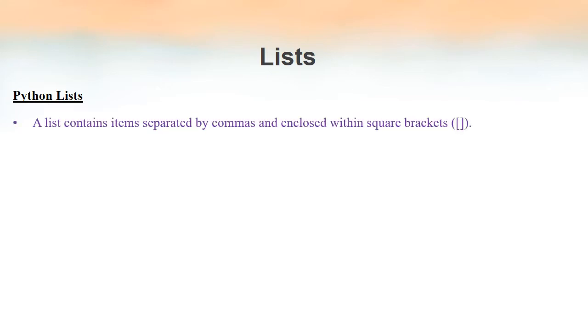A list is actually a collection of items separated by commas, and we are enclosing it in a pair of square brackets. There is no restriction in the type of the elements that we can include in that pair of square brackets. We can actually mix up the type of data that we store in a list. So basically, when we have to create a list, we open a pair of square brackets, and inside that we write the elements separated by commas.